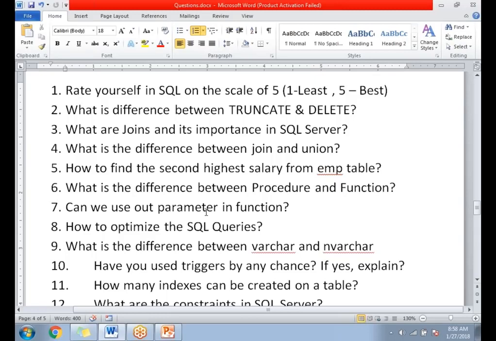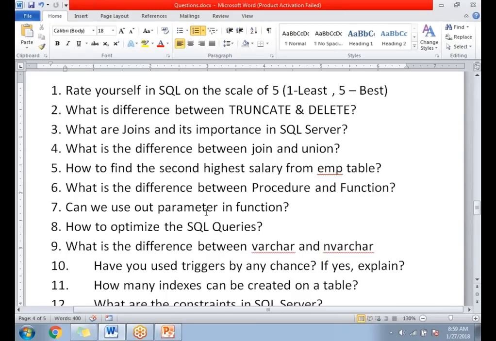on a scale of 1 to 5? 1 is least and 5 is best. Based on your confidence level, you need to answer this question. Again, this question is going to determine your capability on SQL experience or SQL knowledge. So if you are confident in SQL Server, then better go with a 5. If you answer with a 3 or 4, it means that you are above average. Even that is a good answer, 3 or 4.